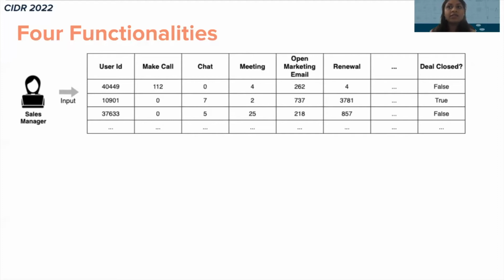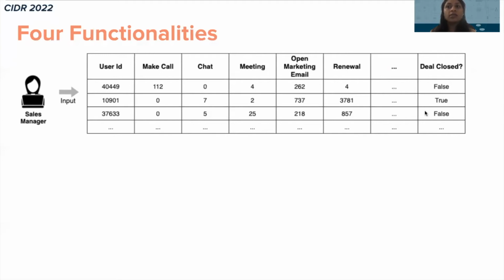Here, we have a data set that describes the total counts of 20 activities that a prospective customer performed in the past 6 months to help close the deals and become customers. Each row is a prospective customer, and the columns are activities such as making calls, starting chats, attending meetings, opening marketing emails, etc. The data set also contains a true and false label of whether the prospect closed as a